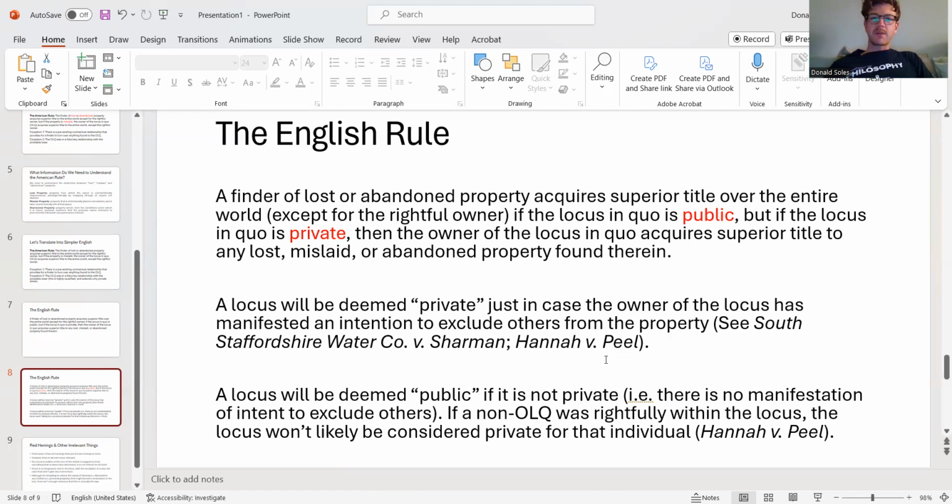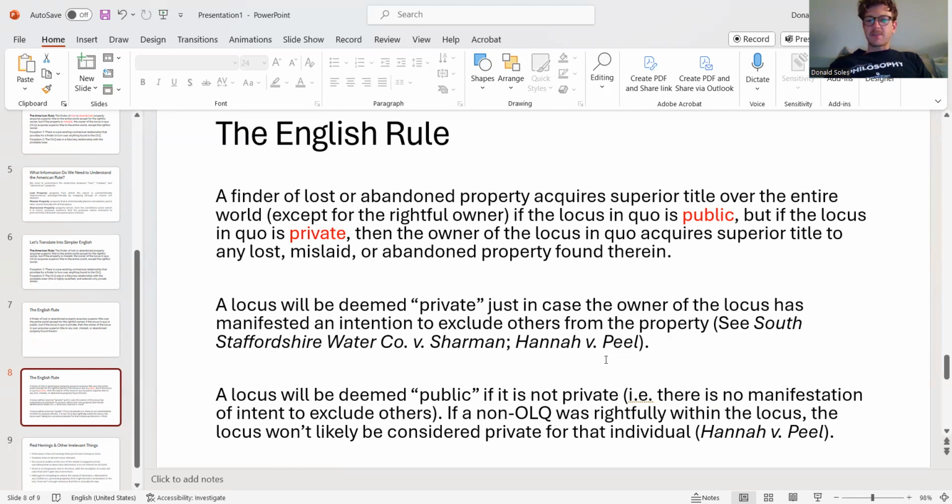We've just been focusing on lost property, but in England, the results differ greatly because they don't care about how the property was lost as much as they care about whether the owner of the property took these pains to exclude the public, whether they manifested some intention to exclude the general public. And the more it looks like the owner tried to keep people out, the more it looks like the owner will prevail. But if there's any chance that the finder is rightfully in the place where the thing is found, it looks like the finder will have a better claim to that item that was found than the owner of the locus in quo.